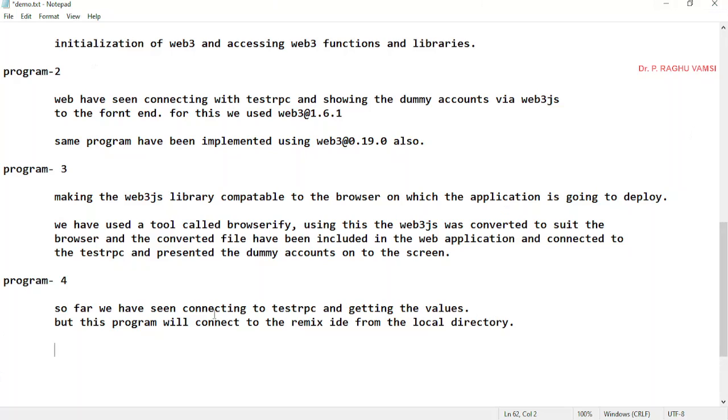So for this local directory, we need a package called remixd, installed via npm, to connect with the Remix IDE from the local directory.